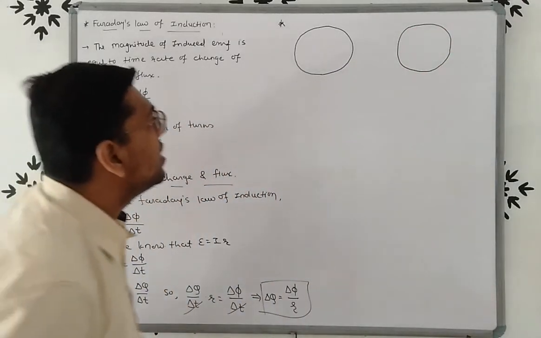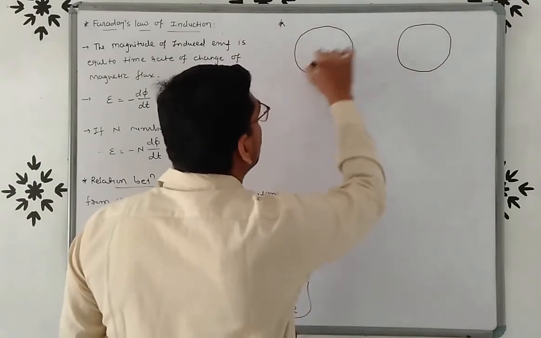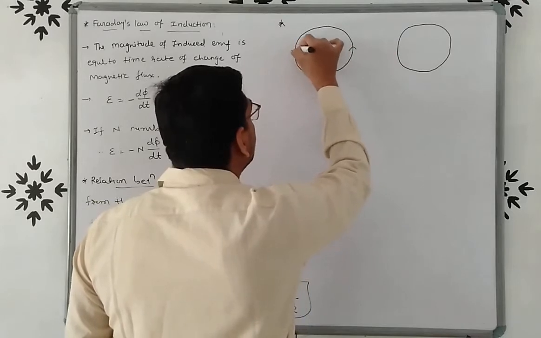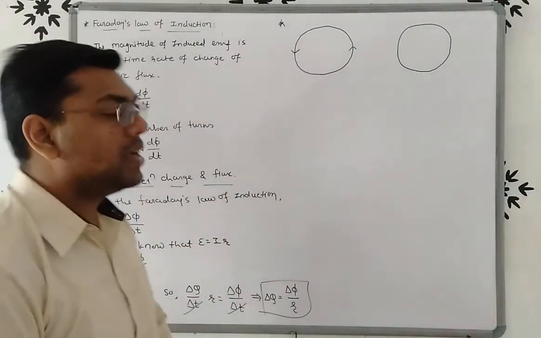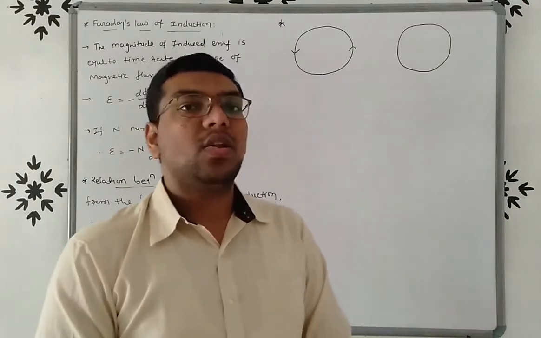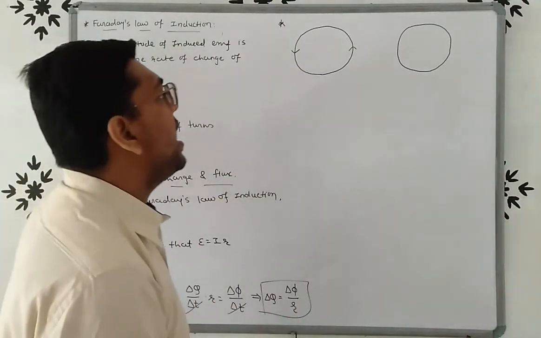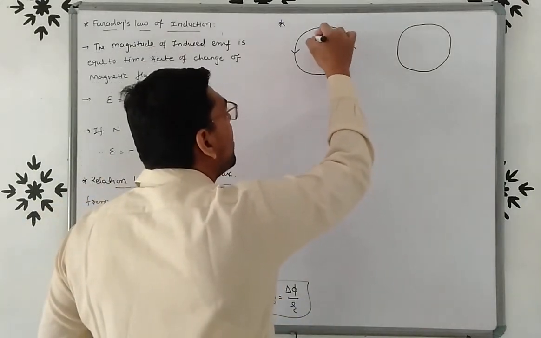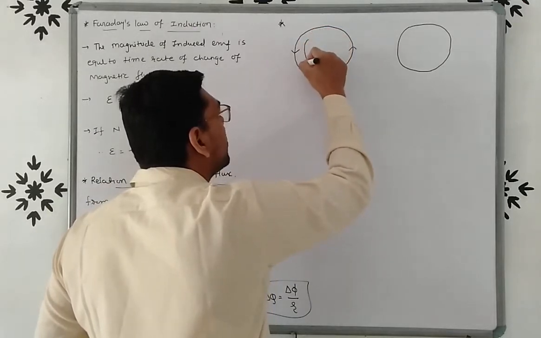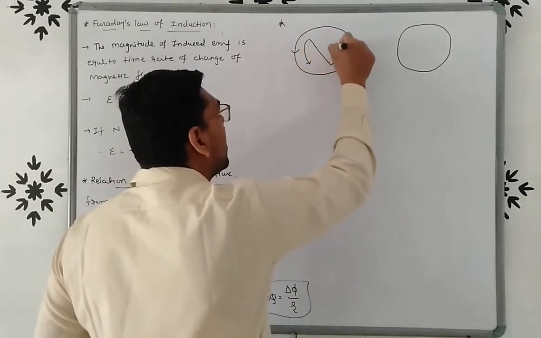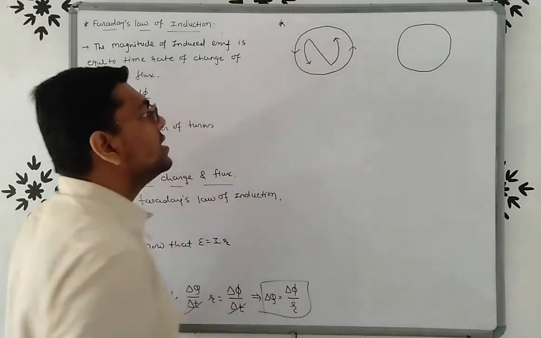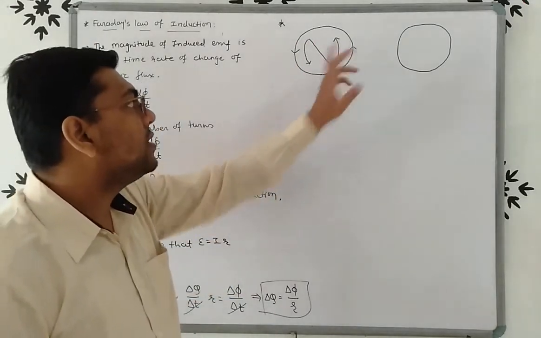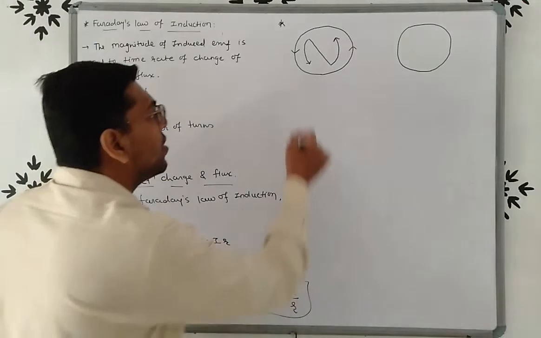Now friends, if I say here in this coil, suppose the direction of current is anti-clockwise, then this coil behaves as a north pole like this. You can see here that this is the north pole. So if the direction of current is anti-clockwise,